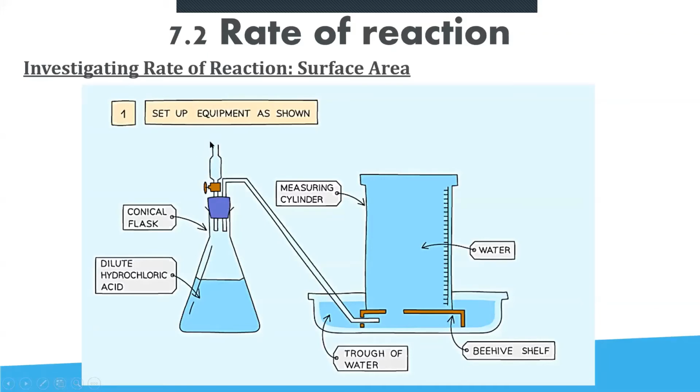So if any other carbonate should be added, it will be added from here. And this is a delivery tube connected to the gas jar or measuring cylinder. Usually a measuring cylinder is used because you can find the volume of the gas that is evolved. So when the reaction proceeds, the gas produced will pass through the delivery tube, bubble up through water, and be collected over water. As the gas is collected, the water level will go down,